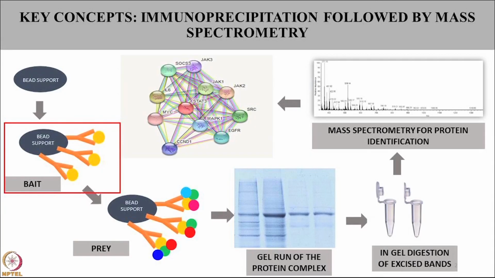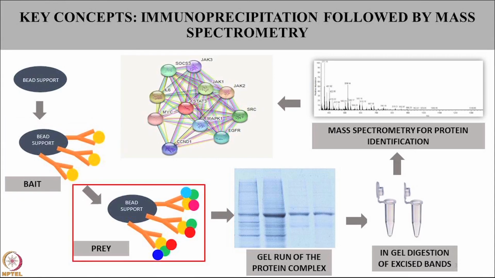So basically this is the workflow. We will have a bead support. Majorly people use Sepharose beads, people use agarose beads also, with protein A or protein G immobilized, because protein A or G will bind to the Fc region of the antibody. So you will conjugate your antibody and then you will incubate this. In the protocol you will incubate your bead antibody conjugate overnight, so that from your lysate you can trap the protein of interest. We will call this protein of interest, which is bound to your antibody, the bait. And then this bait will actually help you trap all the proteins, the interacting partners of this protein.